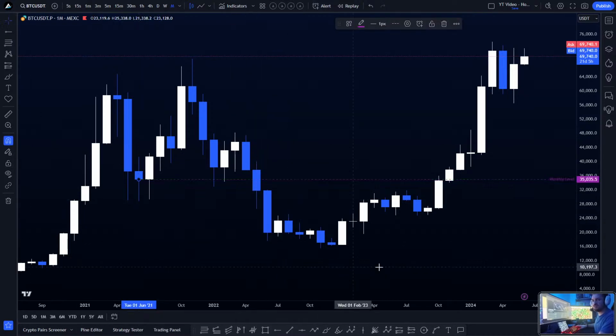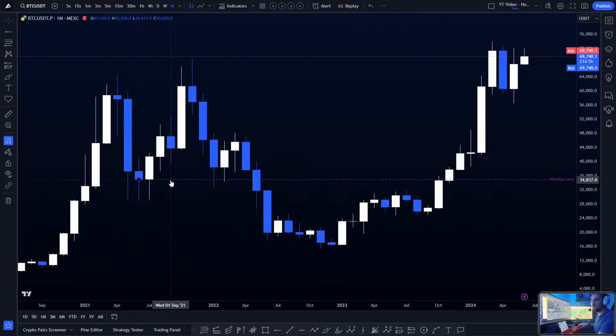I have a template for each of those, and every time that we see an open and close synchronized and left untouched for at least one candle, better if it's more, but at least one candle, then we mark it out. So we have this case, we have this case up here,